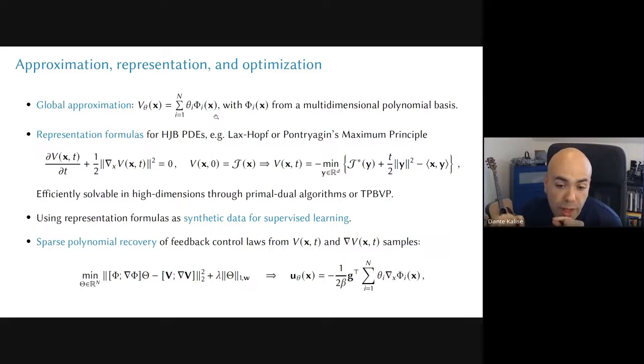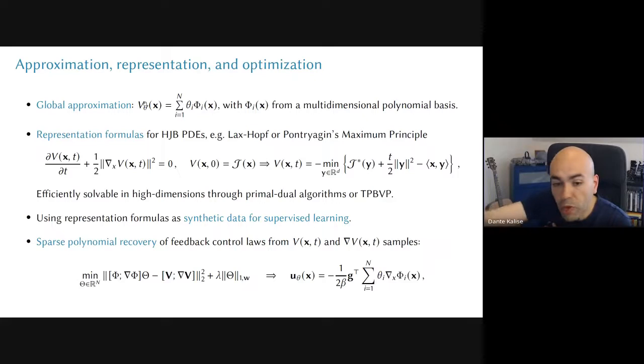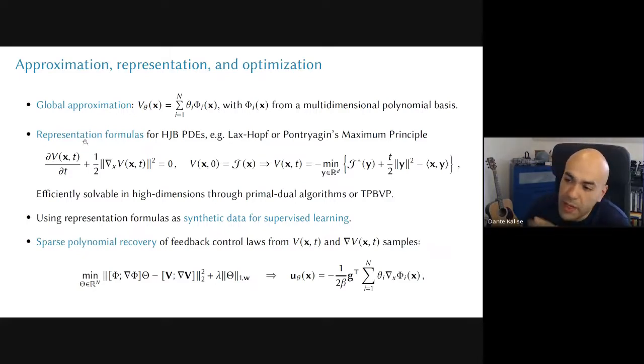But of course, as soon as we talk about regression, it means that I need data to match. So I'm not going to learn V from solving the PDE. I'm going to learn V by recovering a data set for which I'm going to hopefully do regression and recover the coefficients here. Now, how do I recover data for the value function? Well, actually, one beautiful thing, and that's why it goes back to my very first slide, we try to go back to reading PDE theory, to reading control theory, and you will realize that, for instance, for the Hamilton-Jacobi equation, we have something that dates back to Lax,